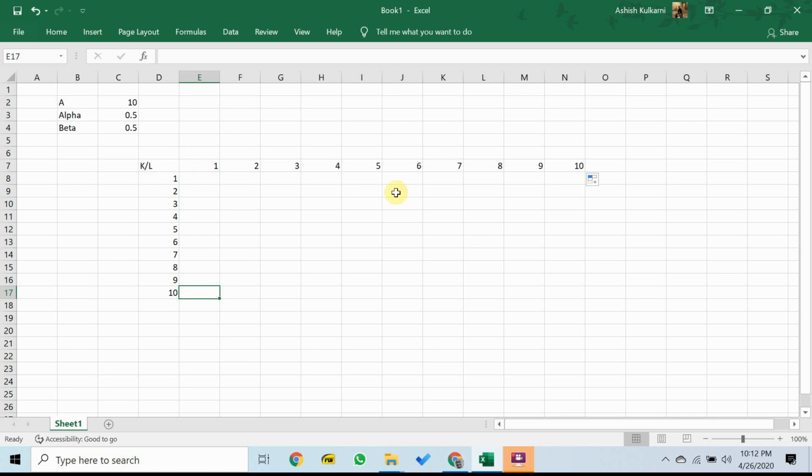How do I use this table to generate the output? Very simple. Over here, I might write something along the lines of A multiplied by the number of machines that we are using raised to its intensity, multiplied by the number of laborers that I'm using raised to its intensity.